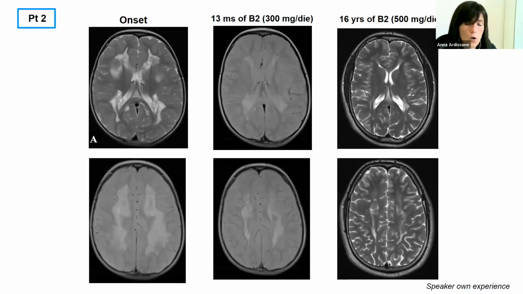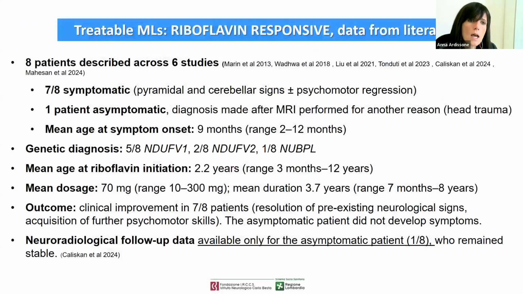This is the radiological follow-up of the second patient. As you can see, there is also a reduction of white matter alteration, and the MRI became quite normal at the following MRI studies. It was characterized also by a mild periventricular white matter involvement. Another example,